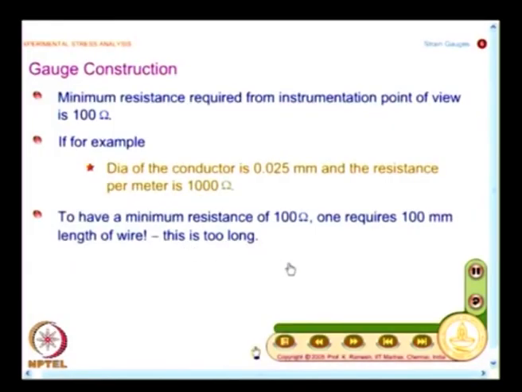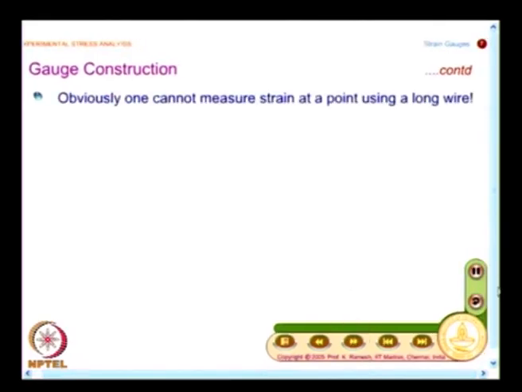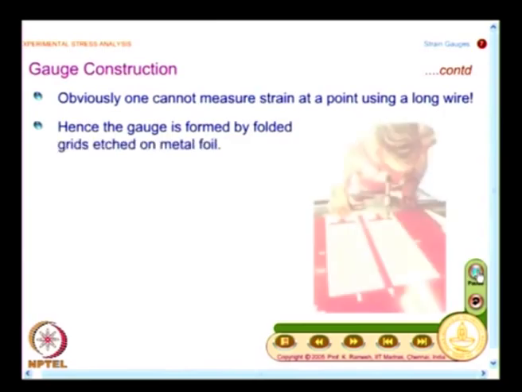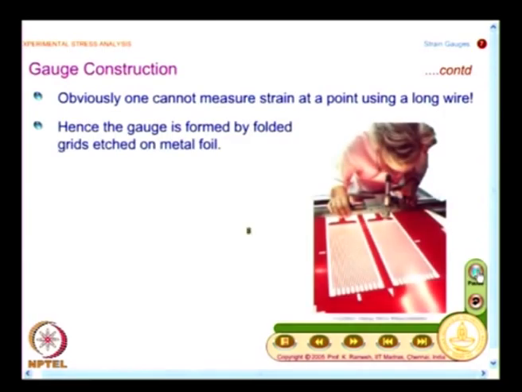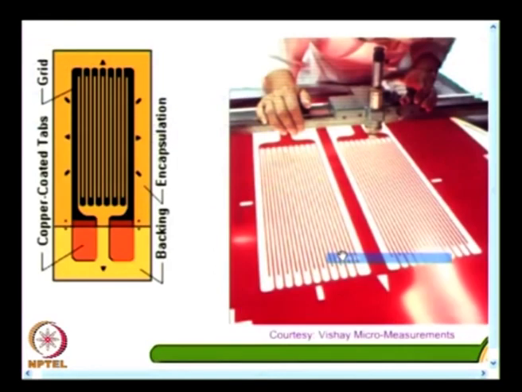Now, let us see how we make the gauge, and you have very nice etched foils that they make, and we are going to focus on metal foil gauges, and this is the advantage that they have. You have the pattern well engraved and then optically reduce it and make a strain gauge like